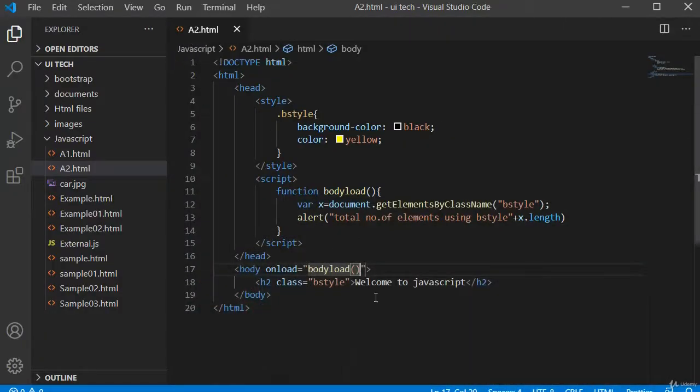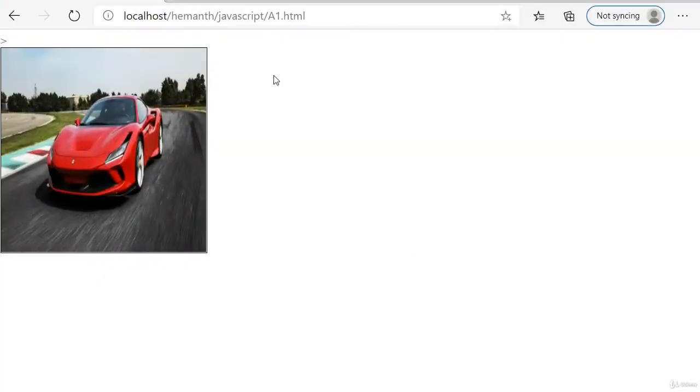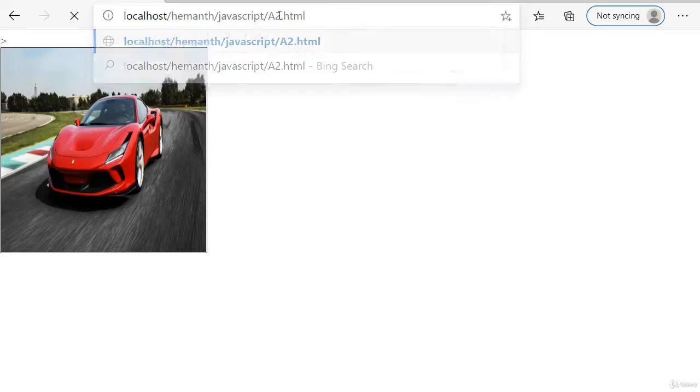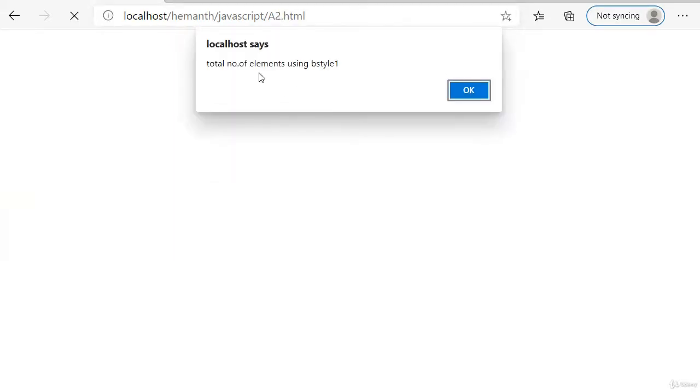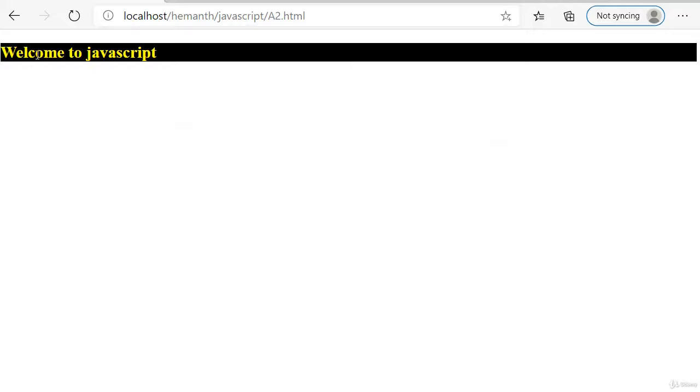Our HTML page name is a2.html. Now it is showing total number of elements using bstyle is 1. Click on OK. It is showing me welcome to JavaScript, and it is applying styles to my welcome to JavaScript. It has background color black, text color yellow.